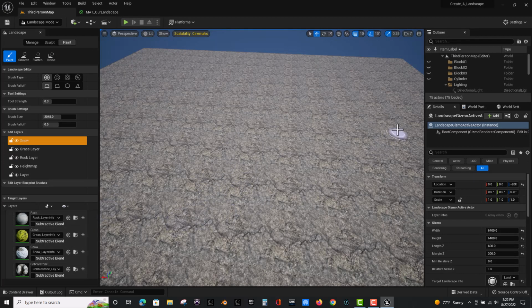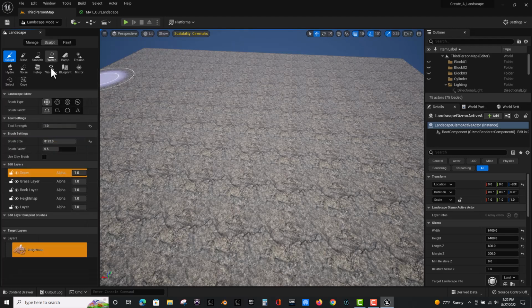Okay, so let's just look at a few things, and we already know what the rock is looking like. So let's just make a mountain. I'm going to take my brush size and just turn it all the way up, set the tool strength as high as it'll go. Excuse me, I'm in sculpt mode. I was in the wrong mode there. Brush size all the way up, and you can set the falloff depending on how rounded you want the